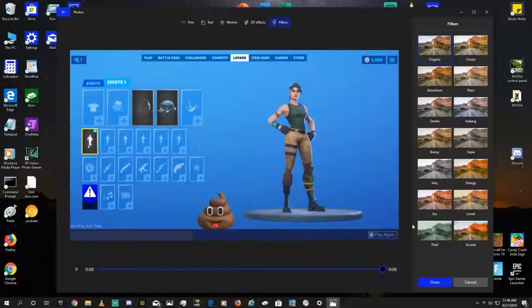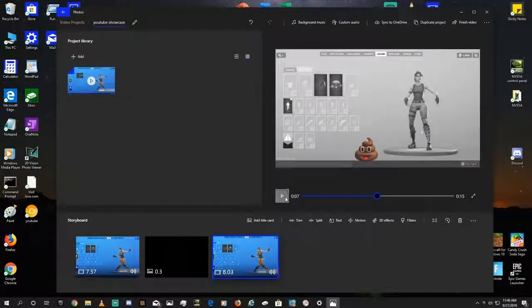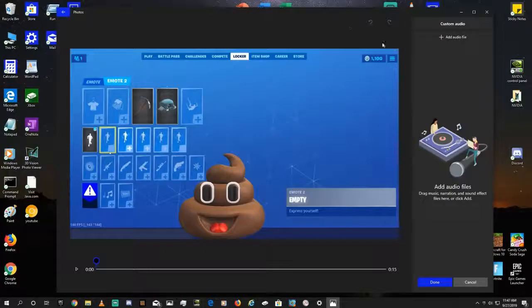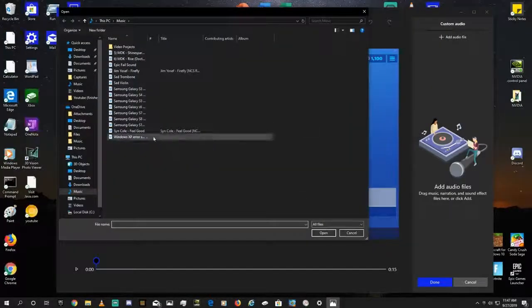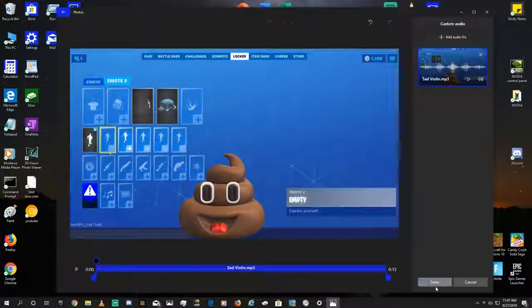Now you can put filters so you can make it even black and white, which is called inky. The only thing colorful is the poop. Really. And you can cut the audio too to this, so I can make it go. So I could add actual custom audio, like the sad violin. And then now it's like,